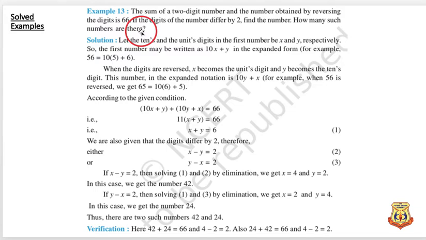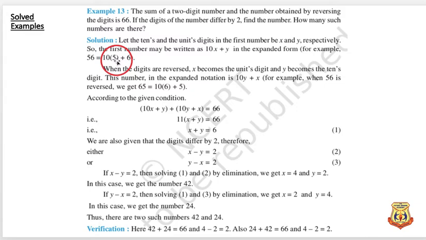Are you getting this one? See, it is very easy. What are they talking about? They are talking about a two-digit number. Two-digit number means from 10 to 99, all the numbers are two-digit numbers. So a two-digit number has one tens value and one ones value. We can write a two-digit number in this format: 10x plus y. For example, 56 is a two-digit number. We can write 10 into 5 plus 6. See, this format and this format are the same.